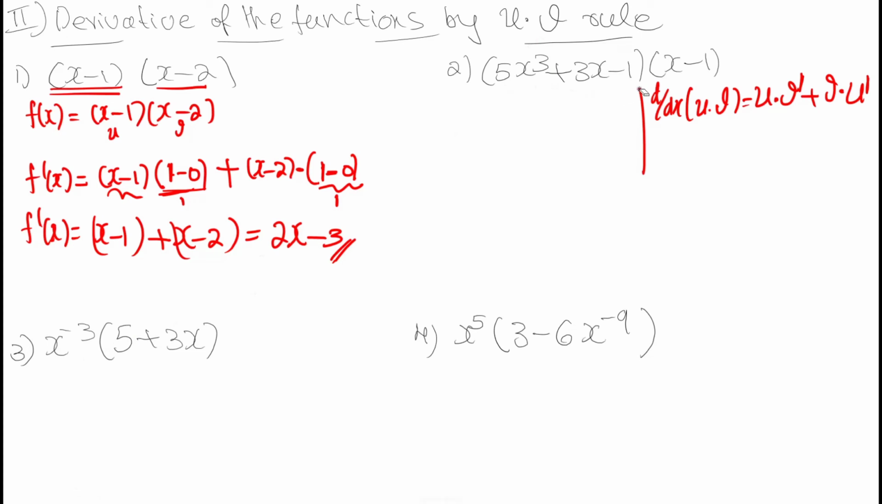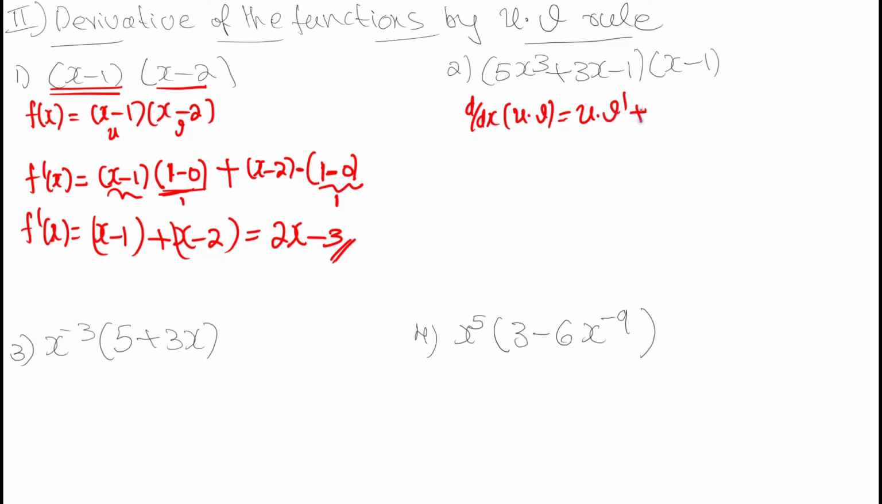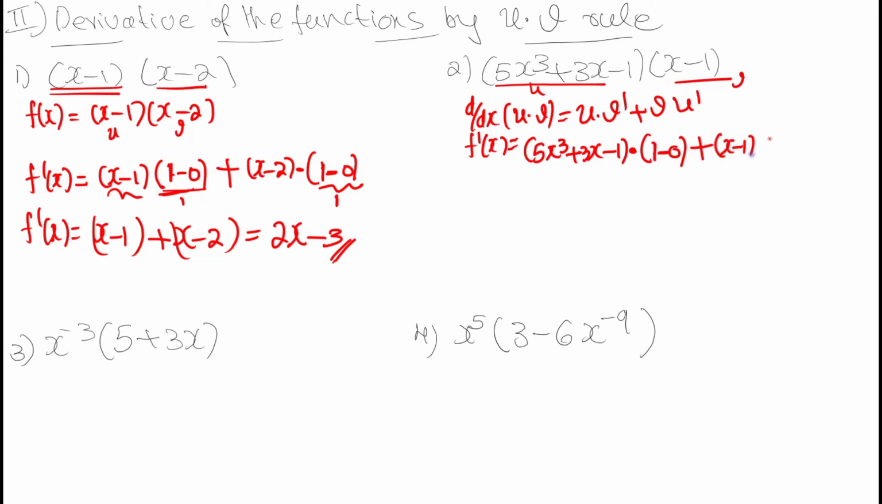5x cube plus 3x minus 1 into x minus 1 is there. So we need to apply d by dx of uv is equal to u into v dash plus v into u dash formula. So take this as u, this as v. So f dash of x is equal to, this is our u, this is our v. u is 5x cube plus 3x minus 1 into v dash. Differentiation of x is 1, minus differentiation of 1 is 0, plus v into, v is x minus 1, into